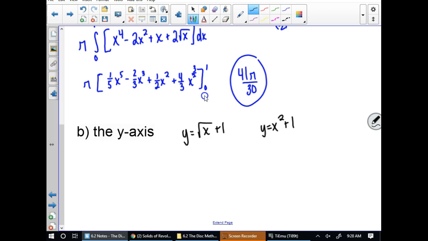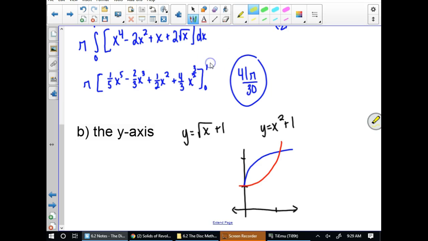And this time, if we think about that region, I'm just going to graph it real quick. We have the square root of x plus 1, and we have this. So we're taking this region,